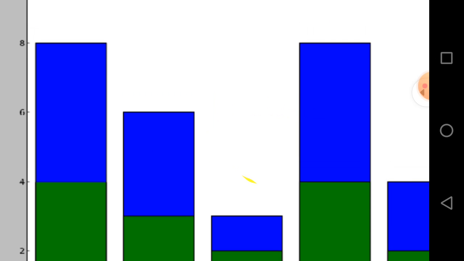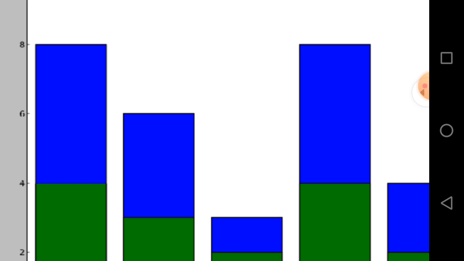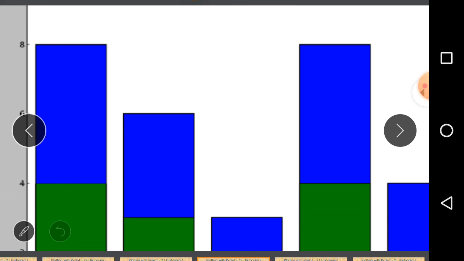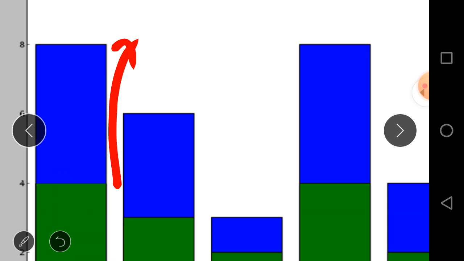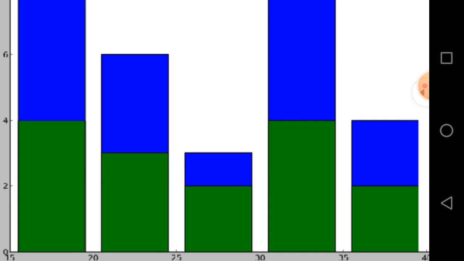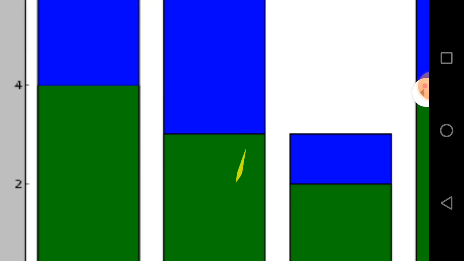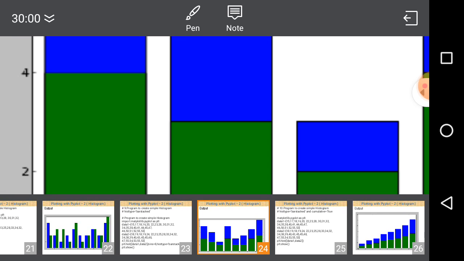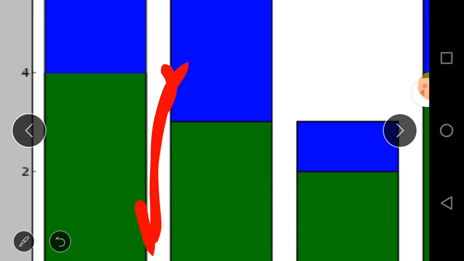We can see that the range of blue color is from 4 to 8, which means a total of 4. For green color it is from 0 to 4, so again the value is 4.